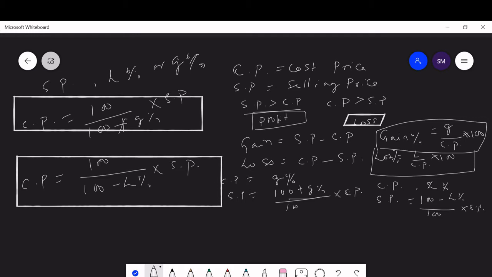Okay, then let us discuss some problems based on these formulas. I have already told you, students, please practice a variety of questions and follow my class regularly. It will be easier for you to attempt any questions which will be asked in your exam paper. In questions, only knowing the formula is not sufficient.